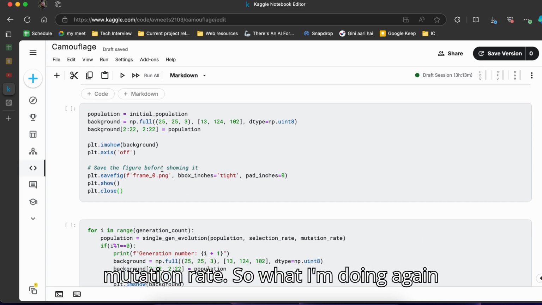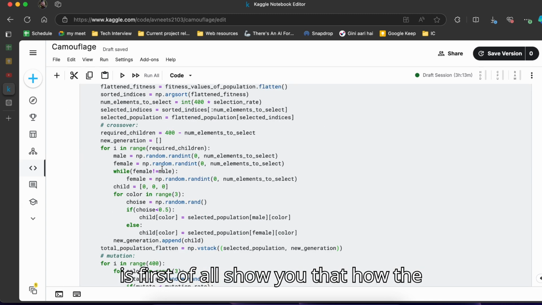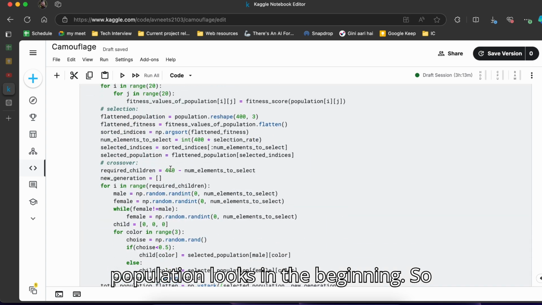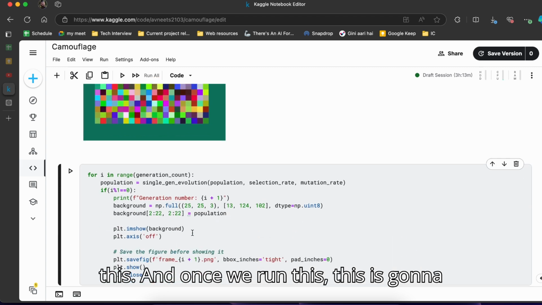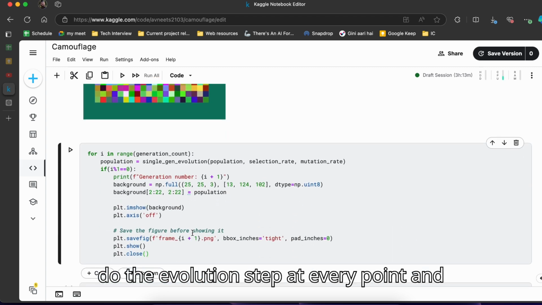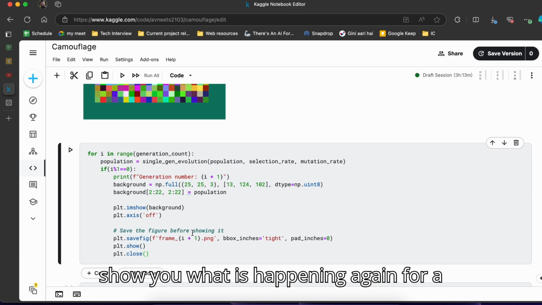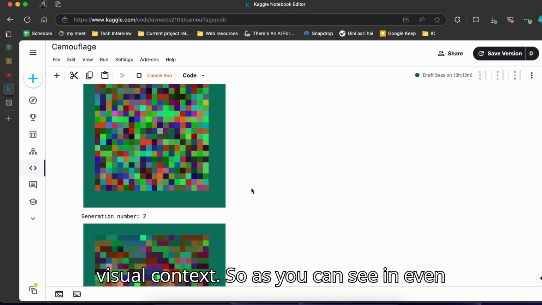So what I'm doing again is first of all showing you how the population looks in the beginning. We'll run this first of all. The population looks in the beginning like this. And once we run this, it is going to do the evolution step at every point and show you what is happening, again for visual context. So as you can see,